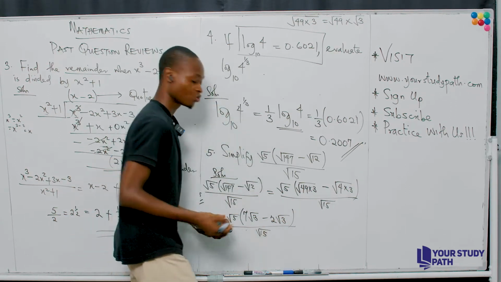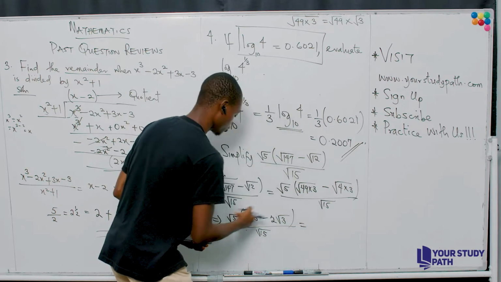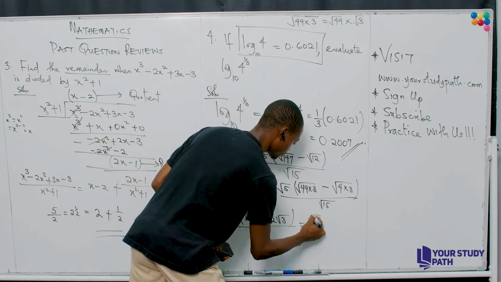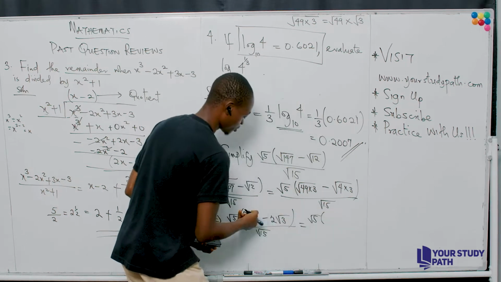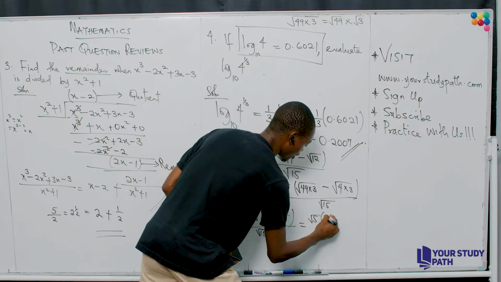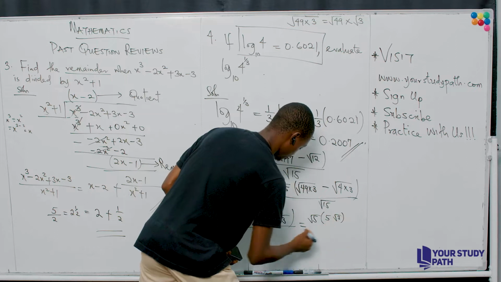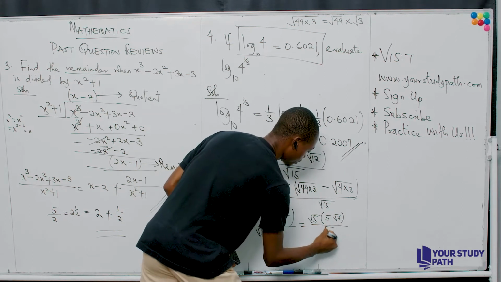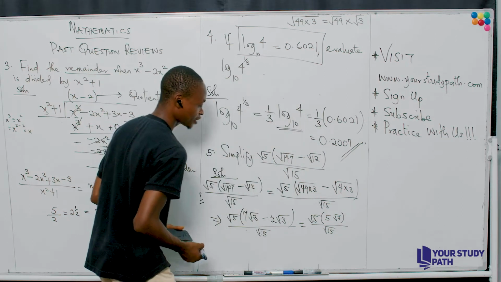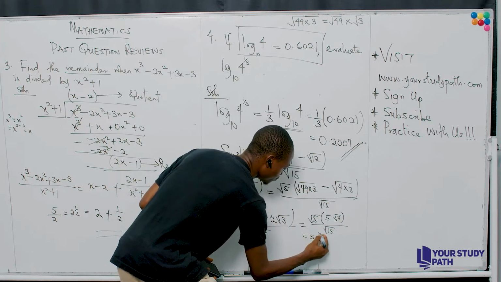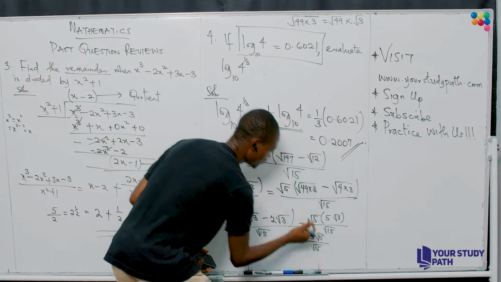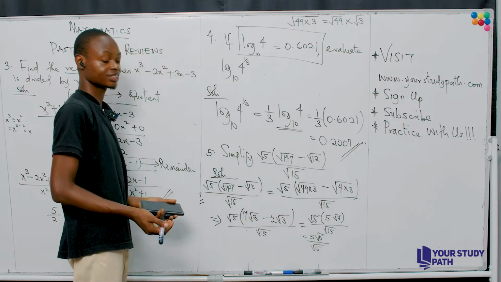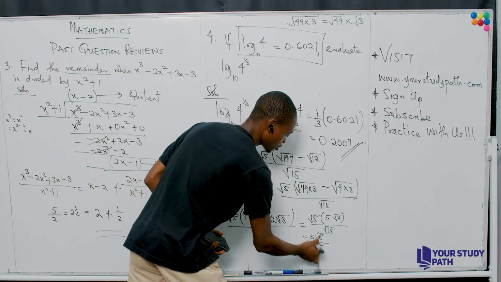So at this point, what would we have? We'll have root 5 multiplied by these two together, you have 5 root 3, divided by root 15. And then open the brackets. What would you have? You have 5 root 15 divided by root 15. That's root 5 times root 3 gives you root 15. So this cancels out, and your final